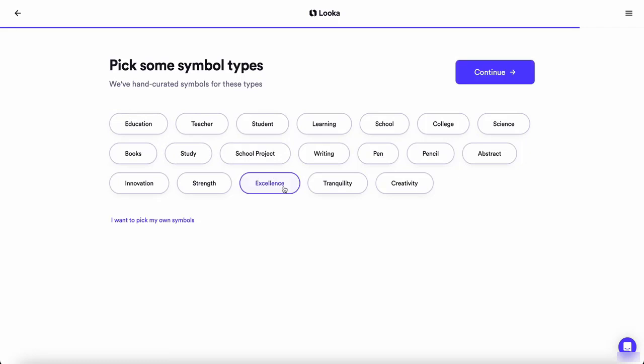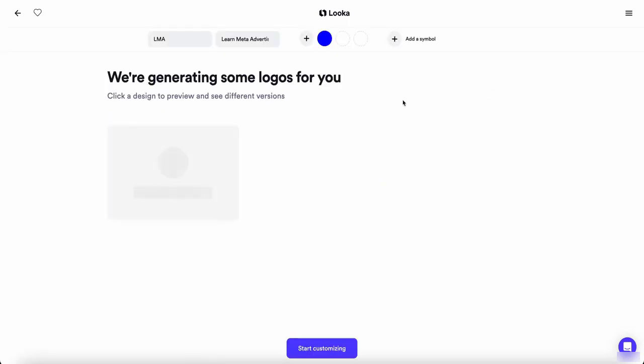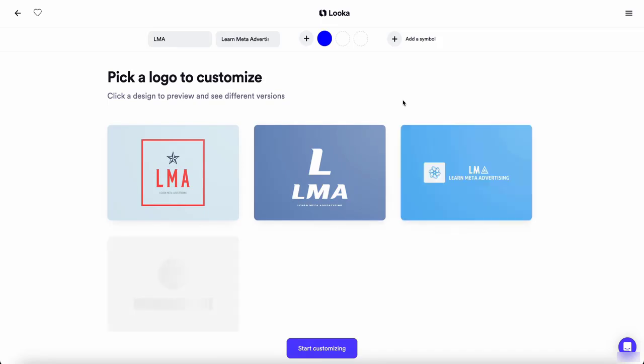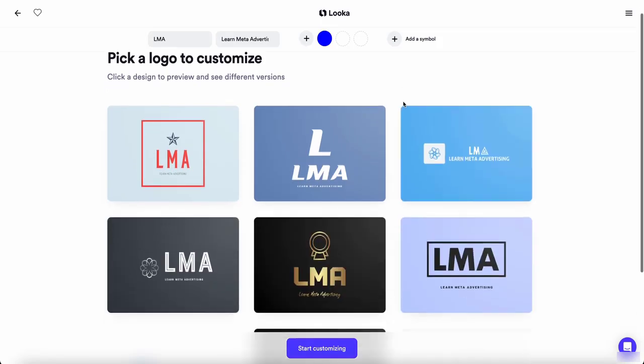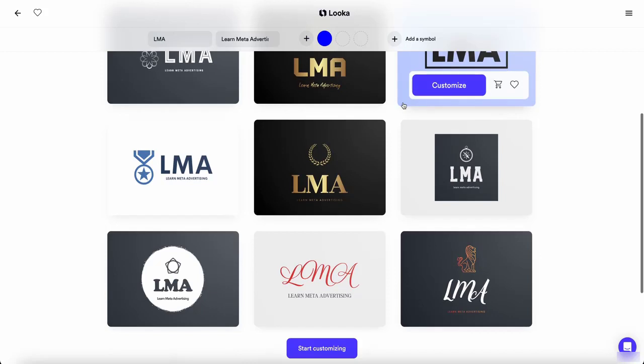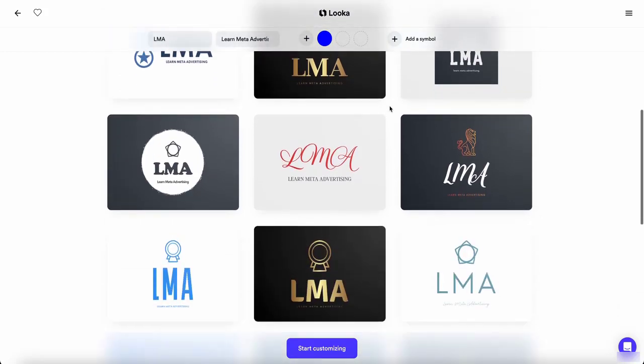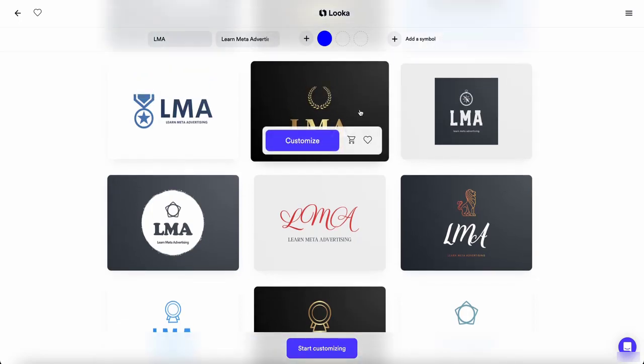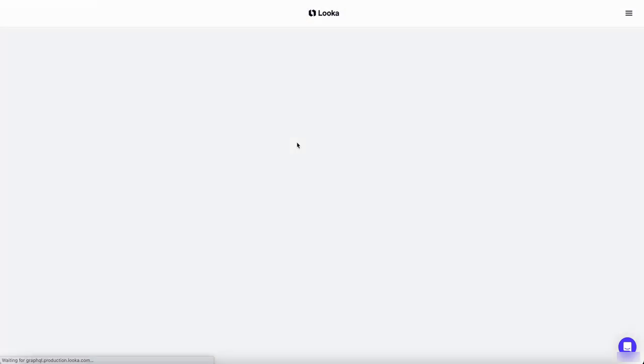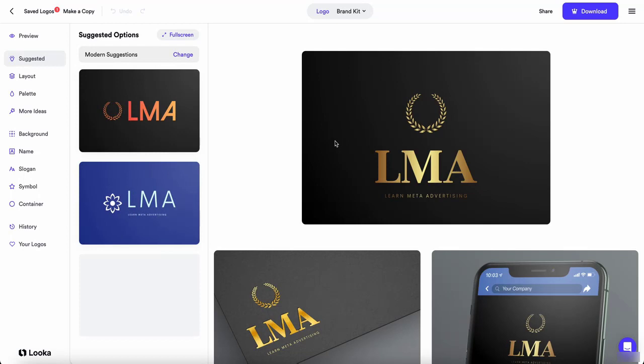Okay. And as you can see, you are constantly getting logo ideas, and then you can customize it.